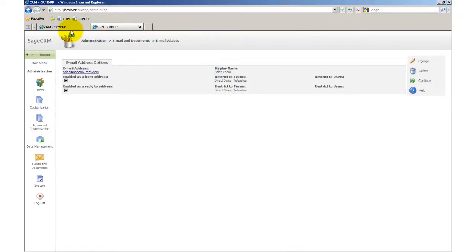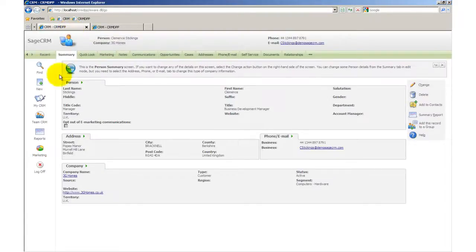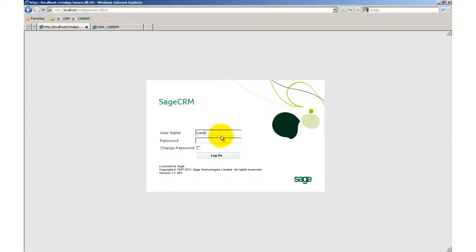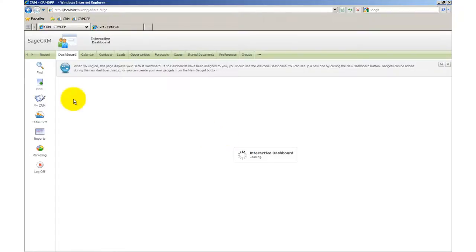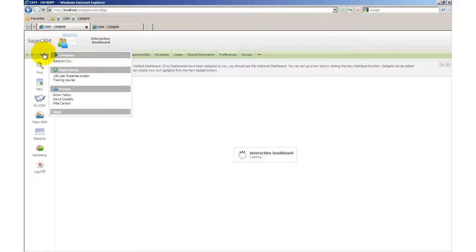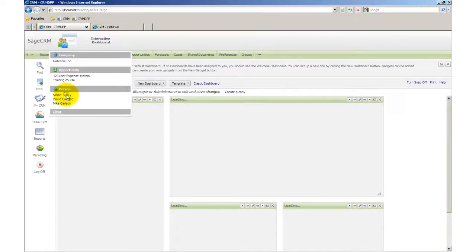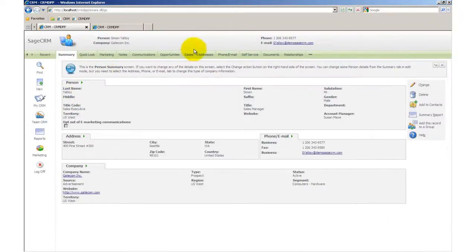Now, as my user, I'm going to switch across back into the user screens, log off as Kylie Ward and log back on as Susan May. So I've logged on as Susan May. If I navigate to look at a person, Simon Yaltoy, Susan May is in the sales team, and now when she sends an email,